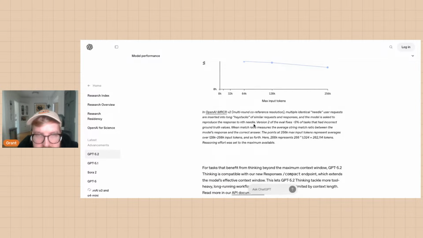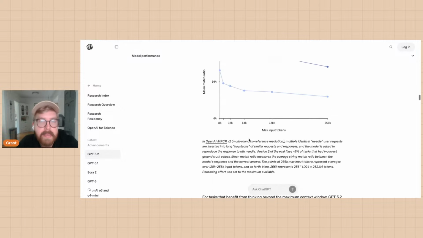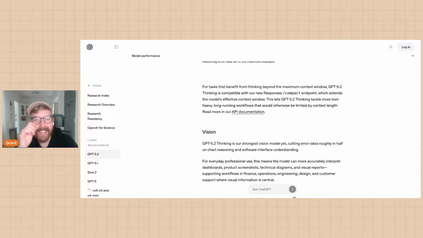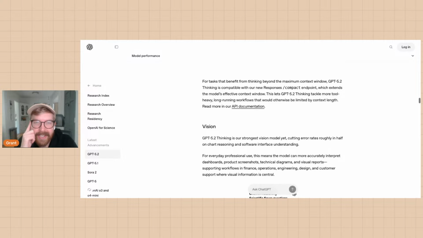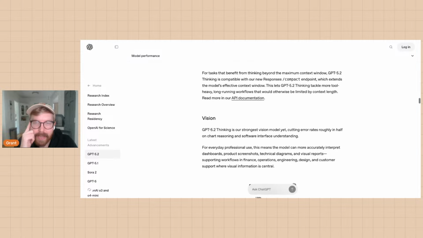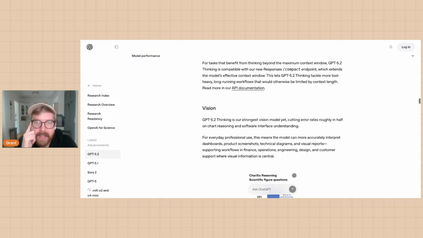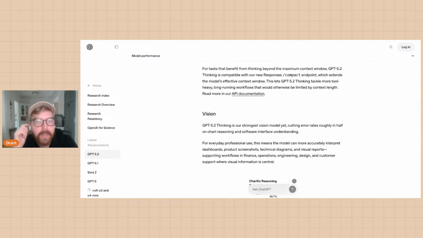Let's see if I can read this, kind of understand. Okay, so again, use the max reasoning version available to you. That's the advice I'll give you there. For tasks that benefit from thinking beyond a maximum context window, it's compatible with our responses compact endpoint, which extends the model's effective context window.